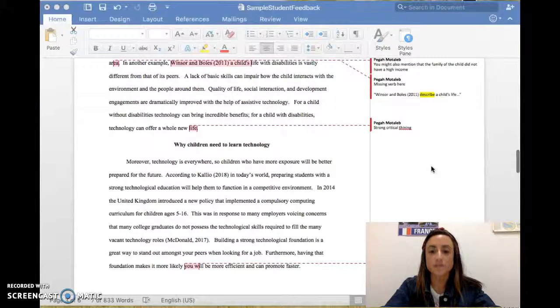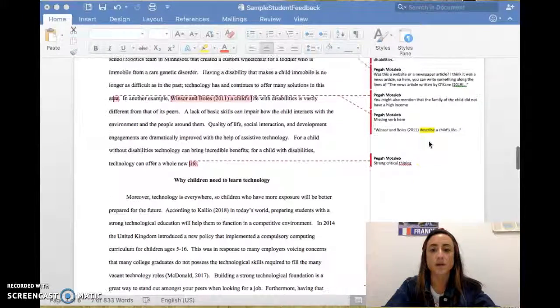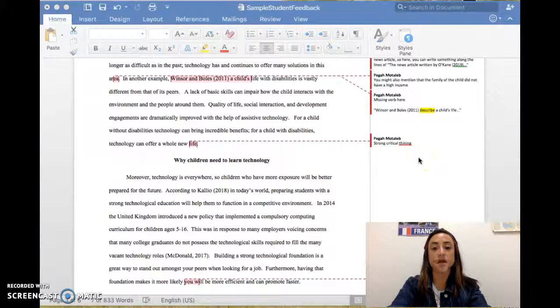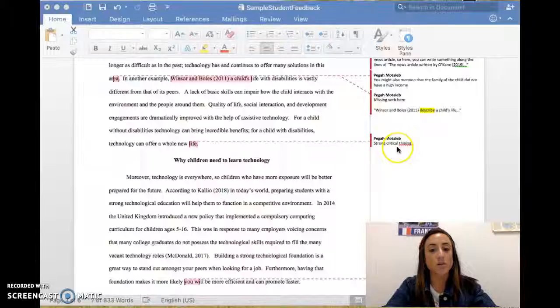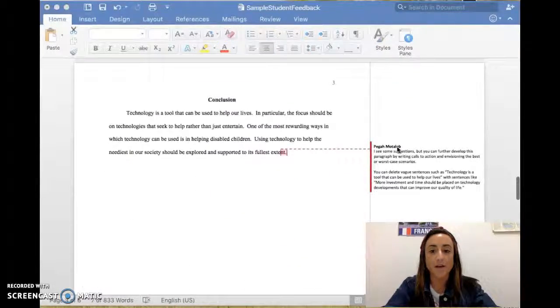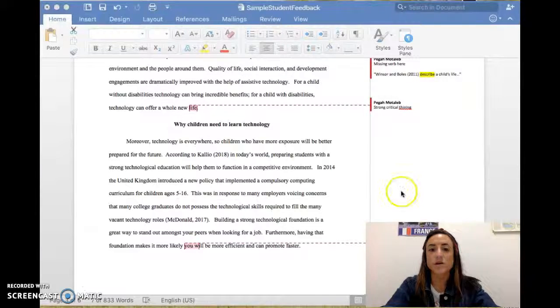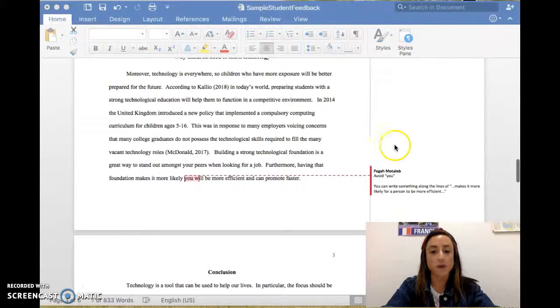I think you will continue to see a balance between ways that you could simply change your paper, but also another side of positive reinforcement and feedback. For example, words such as strong critical thinking and strong thesis, but also suggestions such as avoiding the word you in your paper.